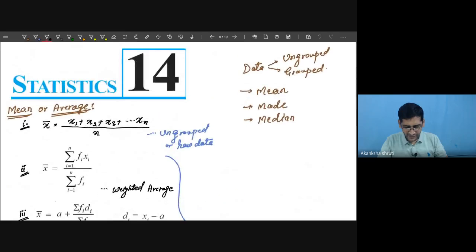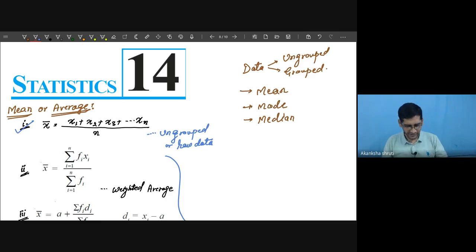So students, last day we have learned what statistics is. Statistics is analysis of data. The purpose is to get the central tendency. The central tendency may be in terms of mean or mode or median. So for mean, we started with the ungrouped data. How is the mean of ungrouped data calculated? It is written in this first formula, where the mean of the ungrouped data is obtained by adding the observations, then dividing by the total number of